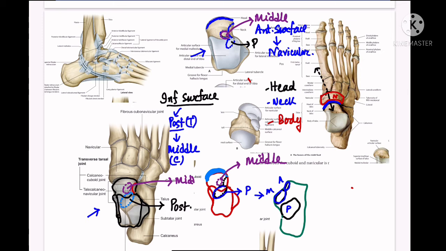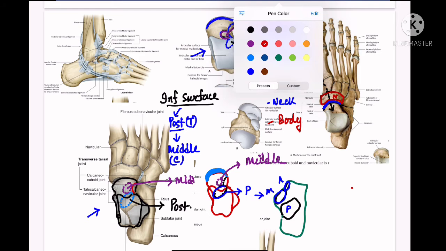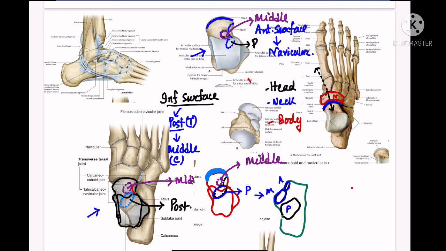Below, a ligamentous outline you can see in white colors. These are the ligamentous outlines in gray. This is a gray band. So this middle facet sits on this gray band of fibers underneath it. This gray band of fibers represents the spring ligament, which extends underneath the head and the neck of the talus. So the middle facet is for the spring ligament. It articulates with the spring ligament.